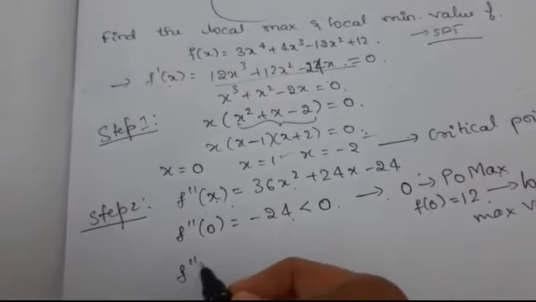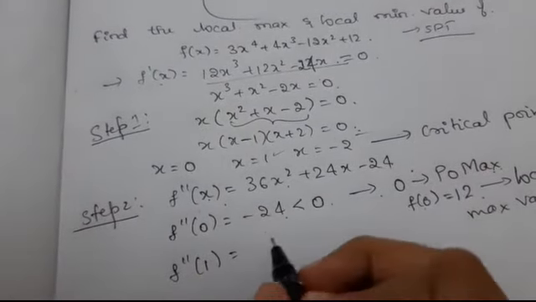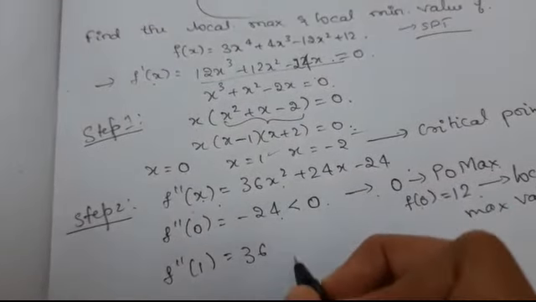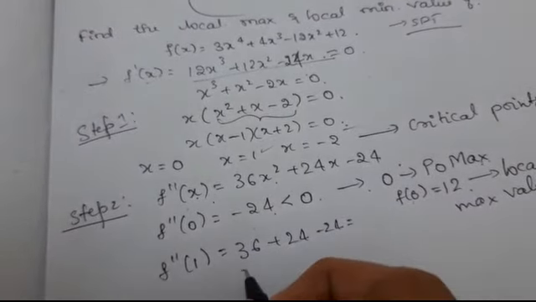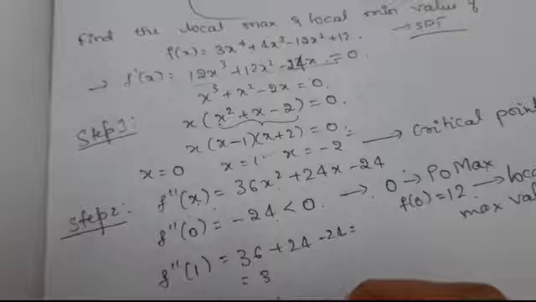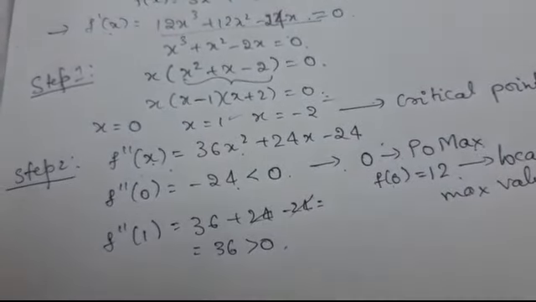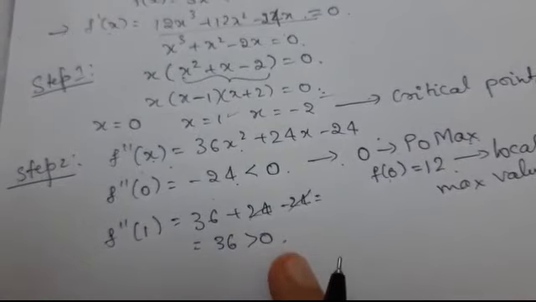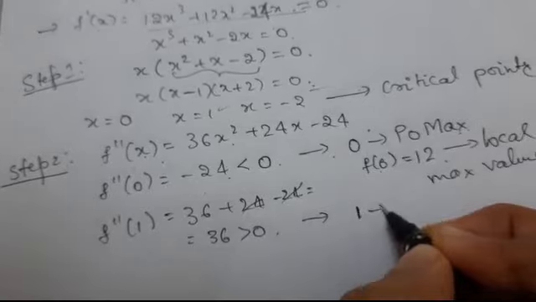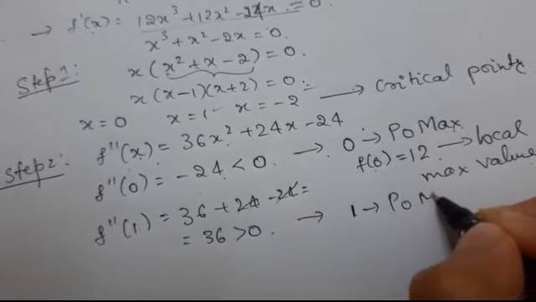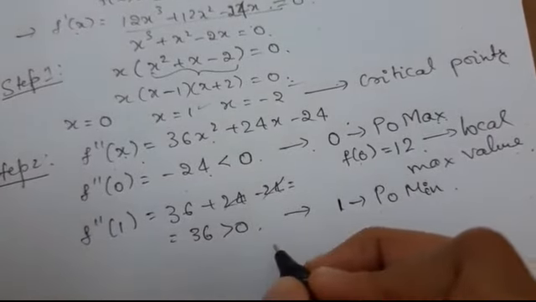Similarly, when I input the value 1 in place of x in f double dash of x, what happens? 36 times 1 square is 36, plus 24 minus 24, which is equal to 36, which is greater than 0 because 24 gets cancelled. So when it is greater than 0, 1 is a point of minima. So 1 is a point of minima, which means the local minimum value